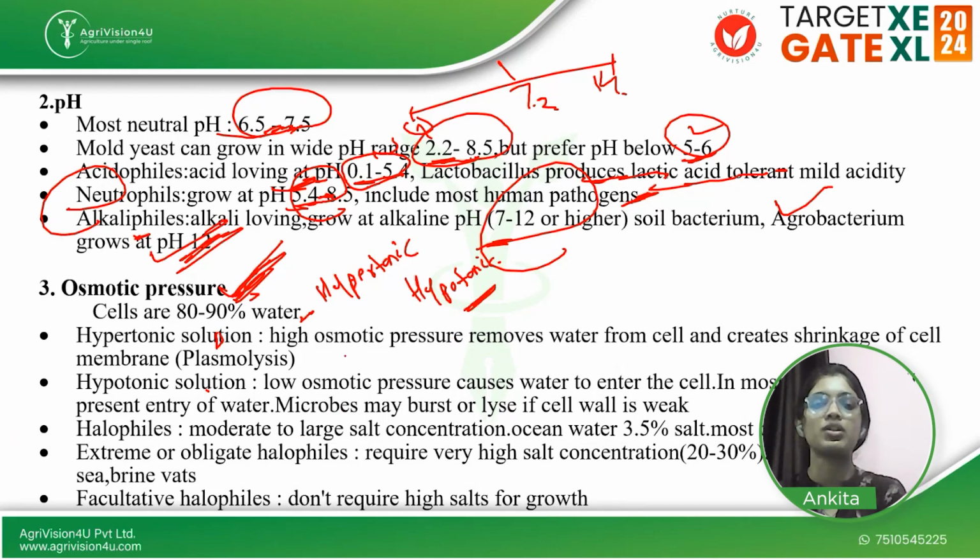Now, in the case of a hypertonic solution, high osmotic pressure is there. Hypertonic means high osmotic pressure. This high osmotic pressure will remove the water from the cell and create shrinkage of the cell. Suppose this is your cell, and it is rich in water. Now, what will happen if you remove the water? It will shrink